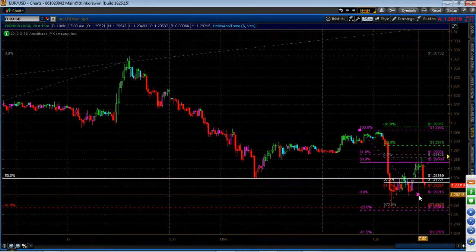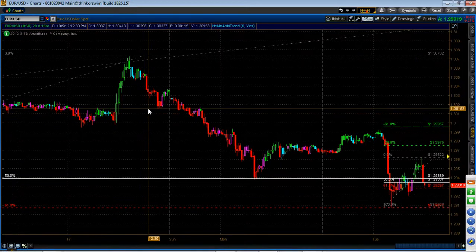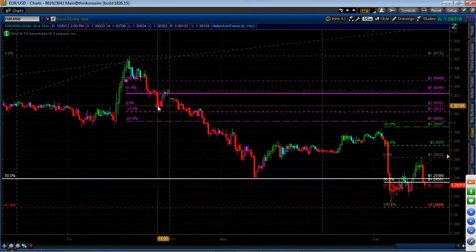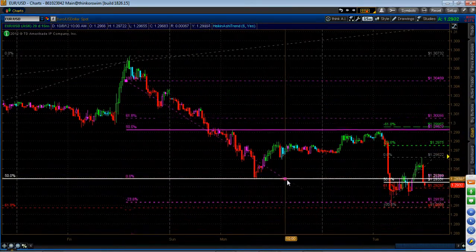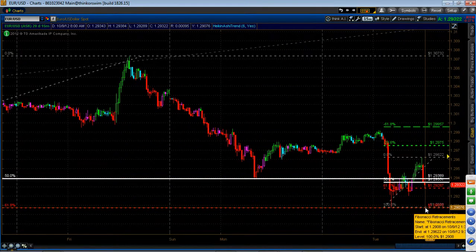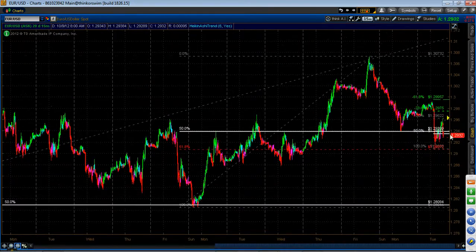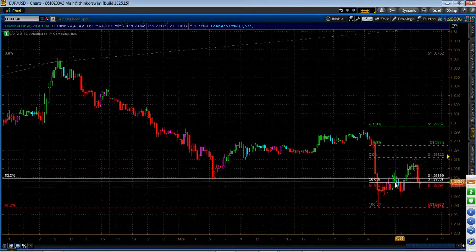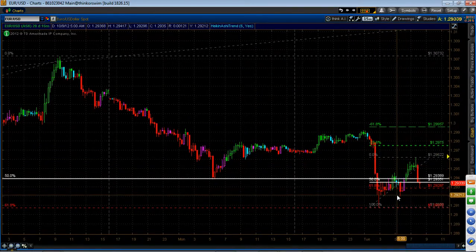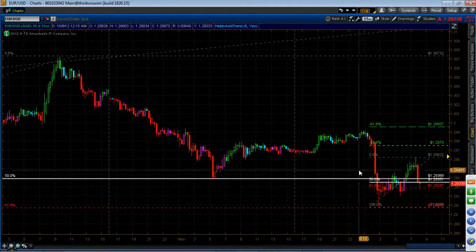What is holding resistance is the 6-1-8 line, well, it actually looks broken, of a Globex short. Outside of that, there really is not much else to speak of on this chart. We haven't traded much of a short today. We're just pulling back into support, which has proven itself first at the 50% line and then next at the 61.8. I ended up getting long the euro from actually right about here, 29.33s,